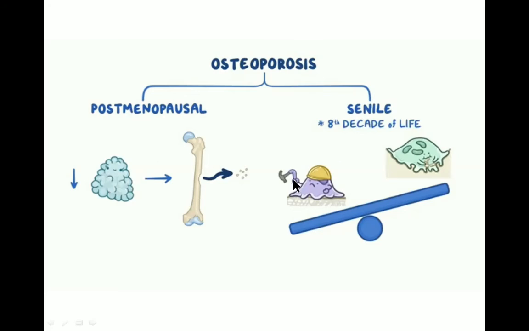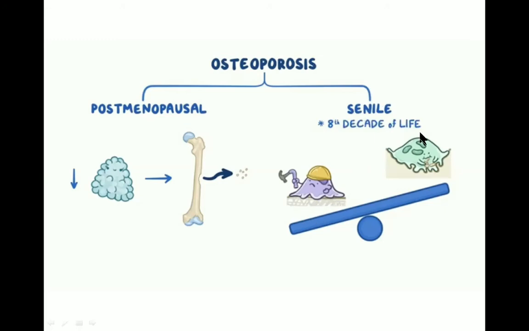Whereas in senile osteoporosis, especially which occurs in the 8th decade of life, that is at the age of 80, the osteoblasts lose the capacity to form bone, whereas the osteoclasts maintain their regular function. So because there is a reduced efficiency of osteoblasts to form bone, and a normal level of osteoclast resorption, the reduced formation leads to